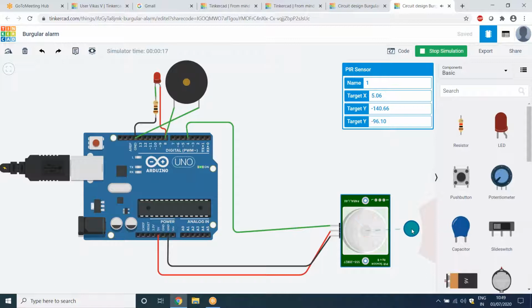This can be used as a burglar alarm. You can use the PIR at the door or somewhere around your house, and whenever you're out of your house, you can place a buzzer or speaker type thing. As this is a small one, you can use some big sirens and connect them, and you can get the message, or you can do a lot of things with PIR. Like you can turn on your portico light, or your room light. Whenever you're moving in the room, the light should be on. Whenever you are not present in the room, the light goes off. These things can be done using this.